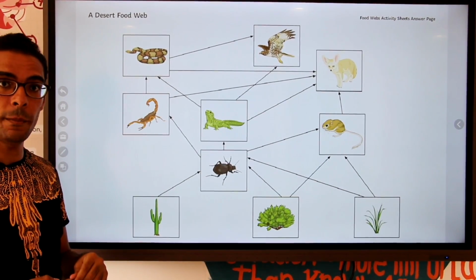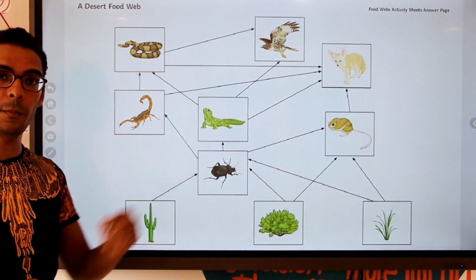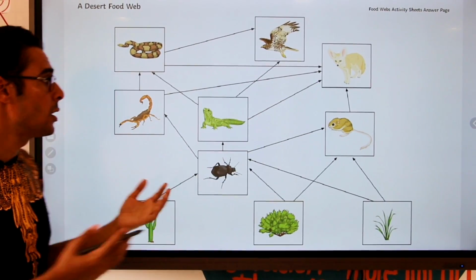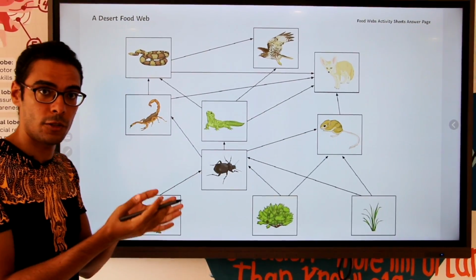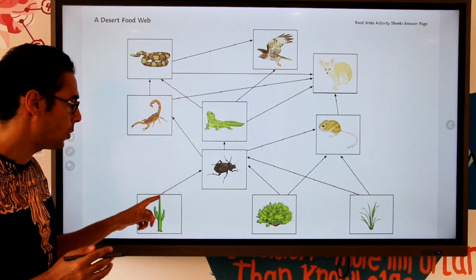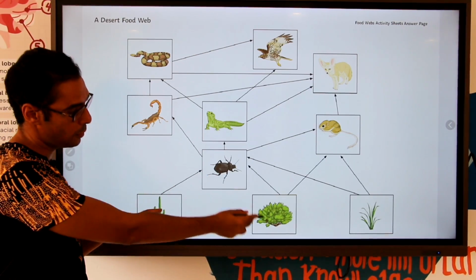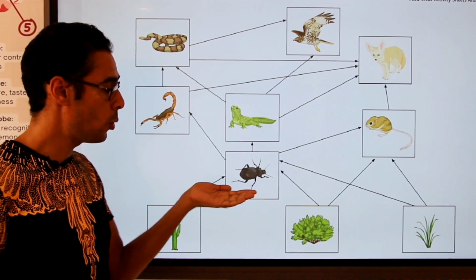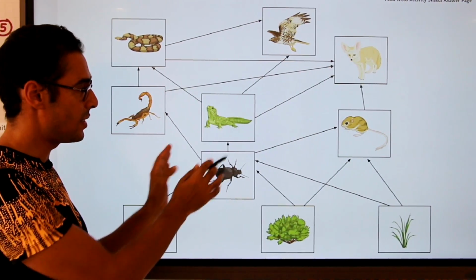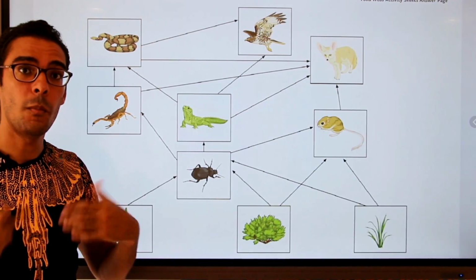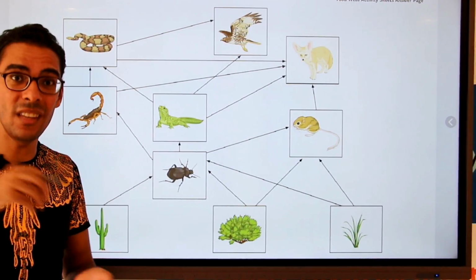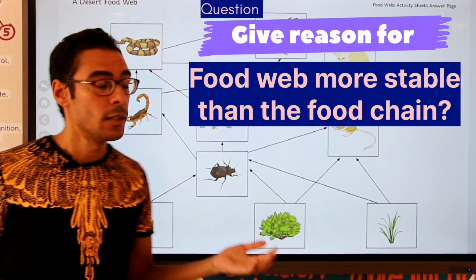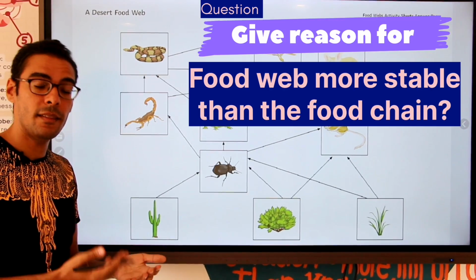Even in the desert food web, the energy flows from more than one producer to more than one primary consumer to more than one secondary consumer. So it's full of animals and full of energy chains, and they are all connected together. So look here, the energy flows from this to this, or from this to this. So the energy flows from this producer to the primary consumer, or from this to the primary consumer. So it seems here like the animal has more than one food resource to feed on. And that actually makes the food web more stable than the energy chain.